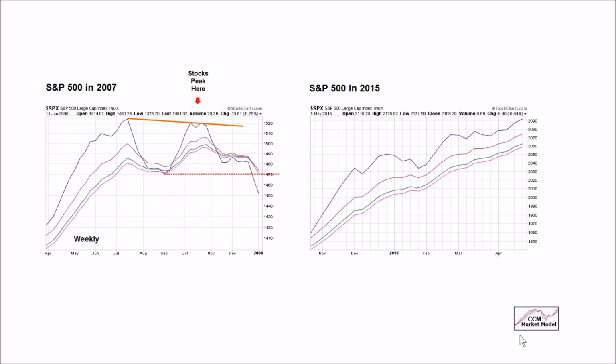To summarize, our approach is a lot like weather forecasting. We take knowns, just as a meteorologist does, and we make short-term probabilistic forecasts. When the knowns change, the charts change. These are observable changes that we can see that start to take place in October of 2007 as the stock market peaks. Here's one right here. The blue moving average makes a lower high. Our slopes start to roll over, and we get a very, very bearish warning that's observable before the calendar even flips over to the financial crisis marked